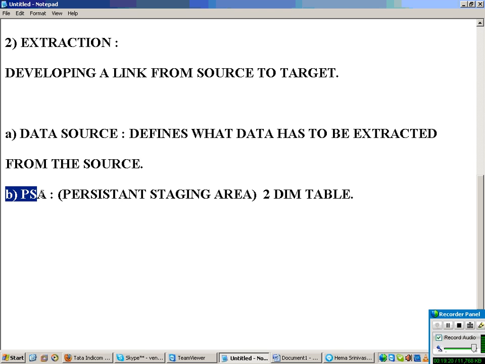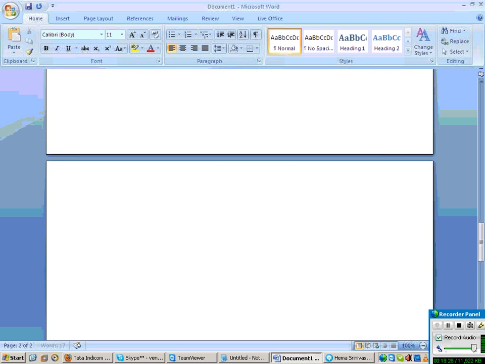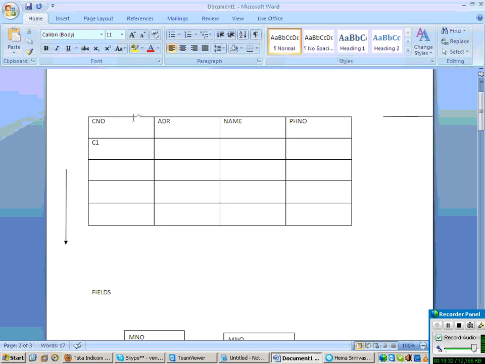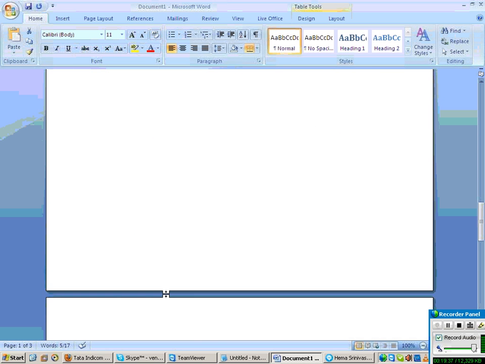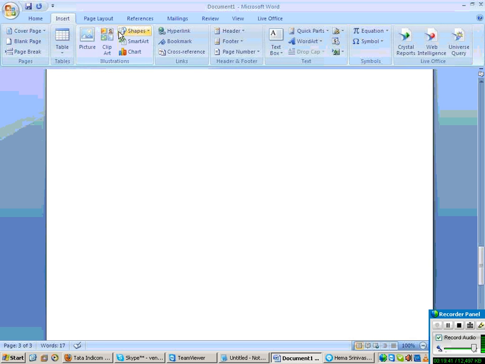The PSA is in the BI system itself, so there I can rectify the data and start extracting again. Let us say the line below is your source.